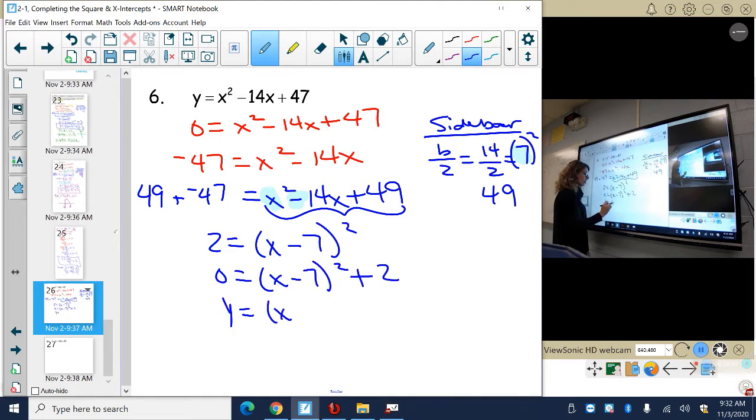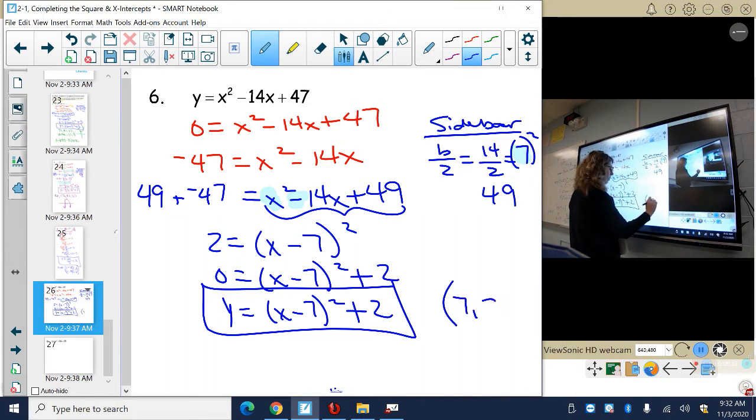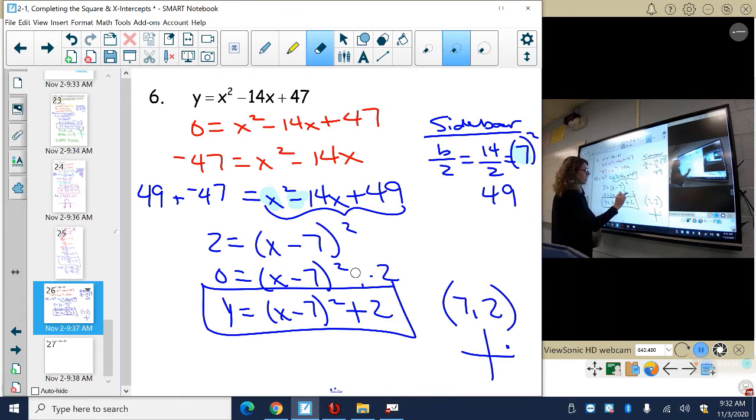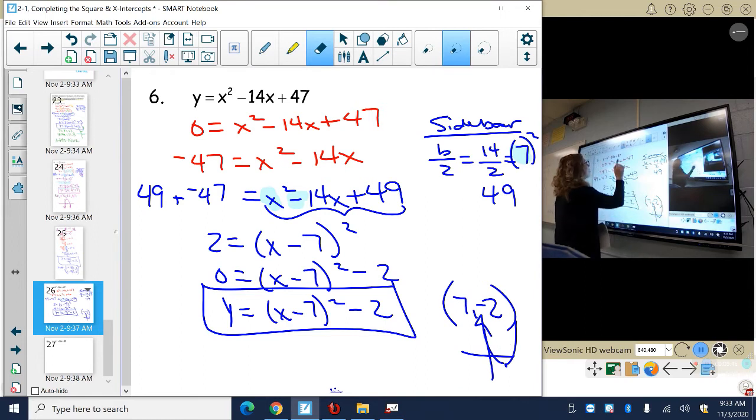So y is equal to (x minus 7) squared plus 2. That is your vertex form. So what is my vertex? That means my vertex is going to be positive 7, positive 2. So that means I'm going to be at positive 7, positive 2. And I am going to go which direction there? Oh, I screwed up, sorry. This is a negative, this is positive 2, so I'm going to make this a negative 2. Sorry about that. So that means I'm going to go down, and now I'm crossing my x-axis,